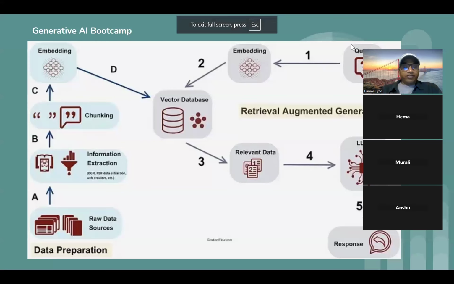Yeah, so we all have seen that same RAG application last week. We have done it using